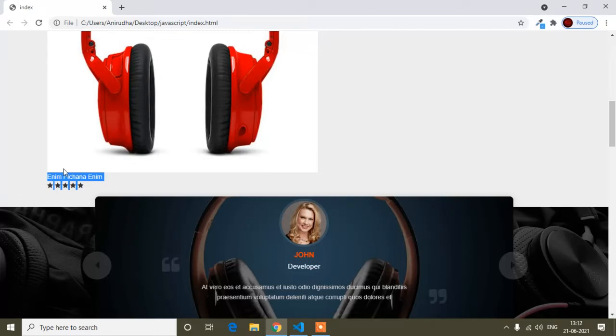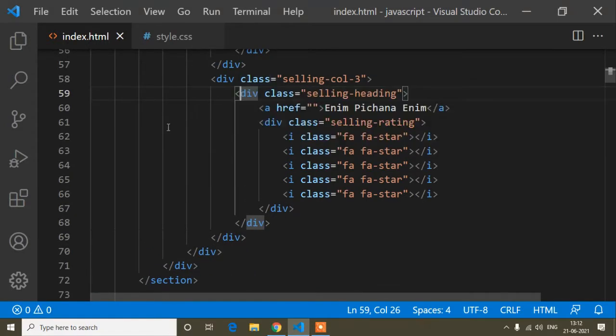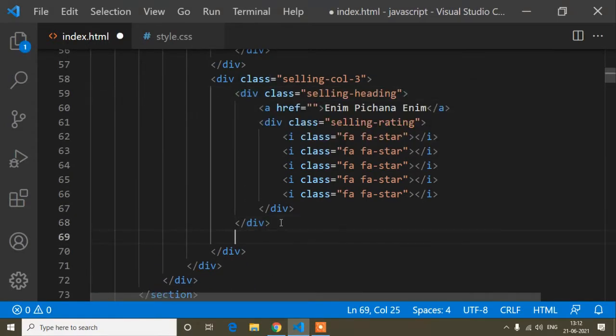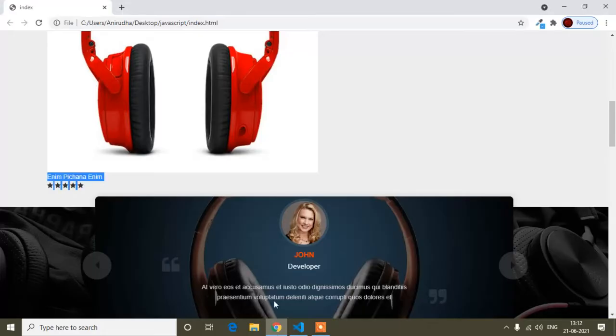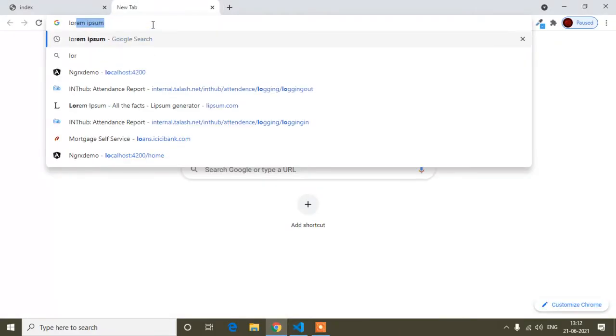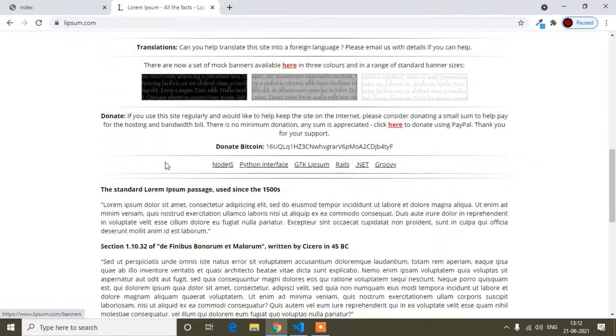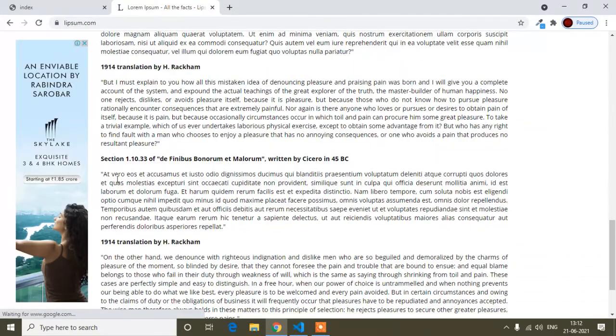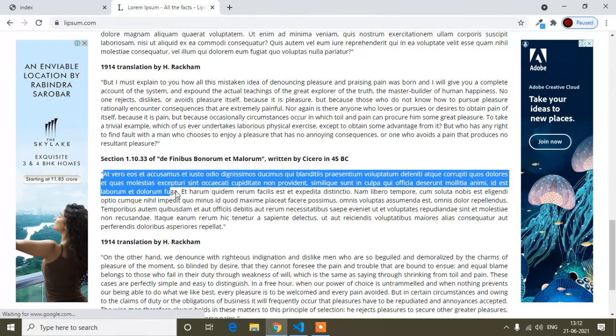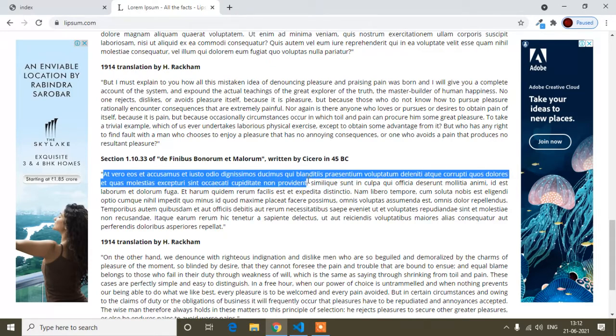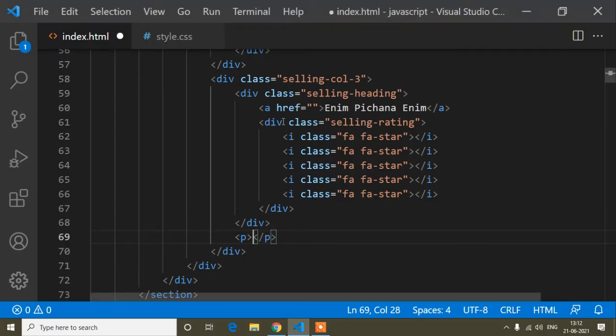So after this selling heading, just here I will write the content, or the content is for description. Okay, so here I will write a p tag and I will write the content. So here I will go to the lorem ipsum. This provides dummy content. If you take content from any other website, you may get a copyright issue. But if you take content from the lorem ipsum site, you will not get any copyright issue, because this provides dummy free content. So I will copy this content from up to here,